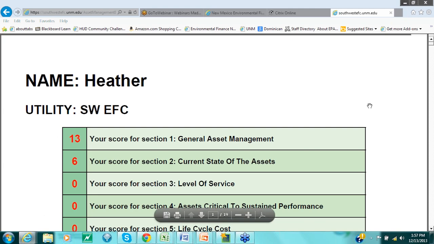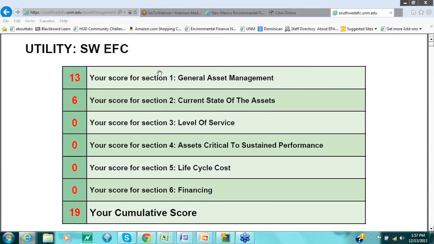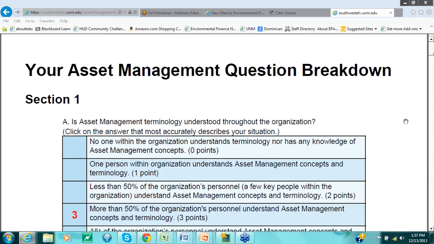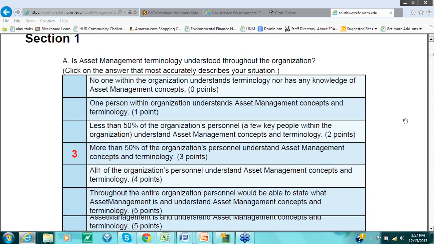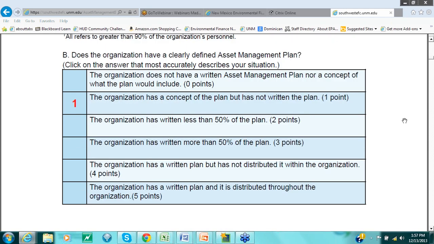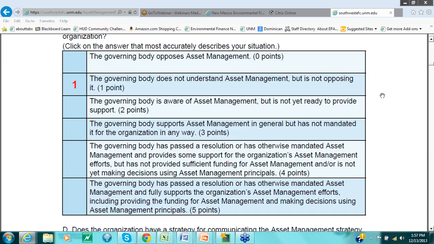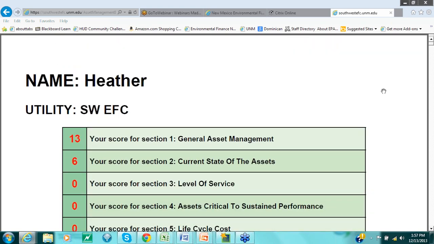So it's just taking a moment to get my results. So now what it's going to do is tell me the results, the scores of each section and my cumulative score. And then it's going to actually give me the answers to each of my questions. So as you see, as I scroll down, you can see all of the answers. So then you have the opportunity to print that out, and you will have a copy of your results for this particular time that you did the